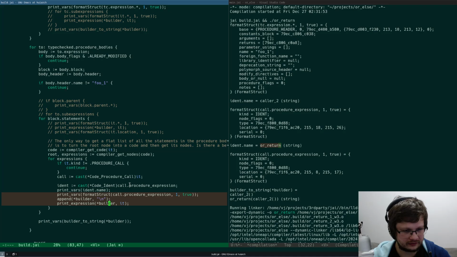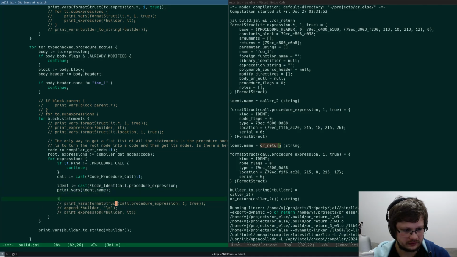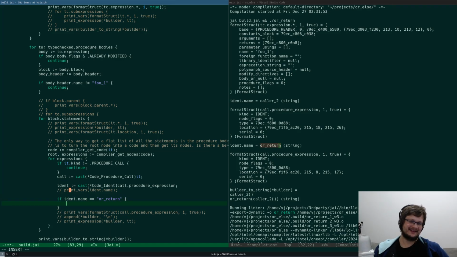And now finally, if ident that name equals or return, then here we connect this and this together in some kind of a table, right?